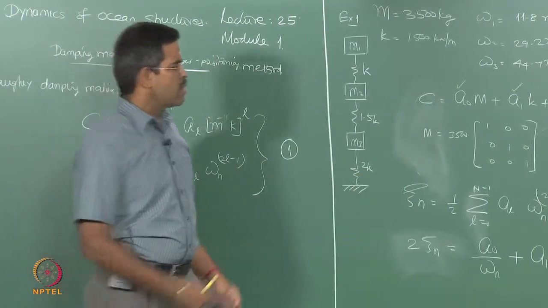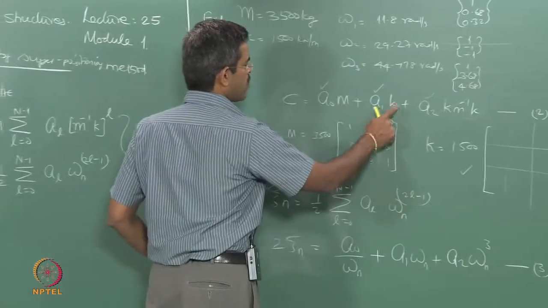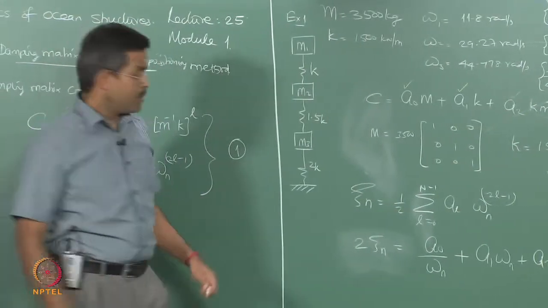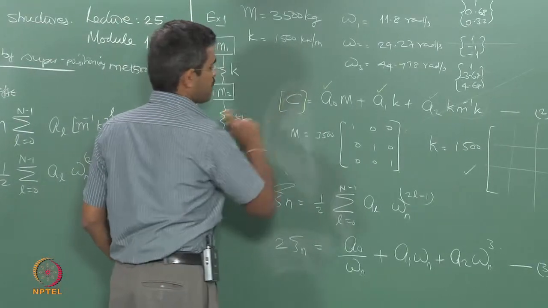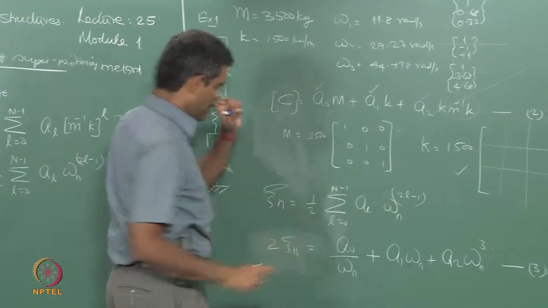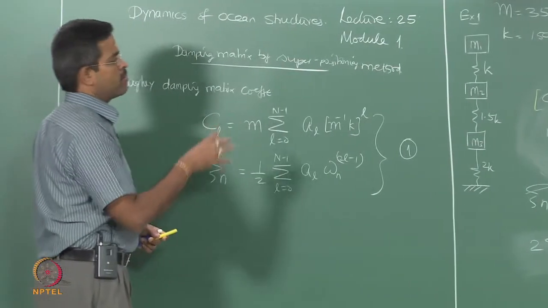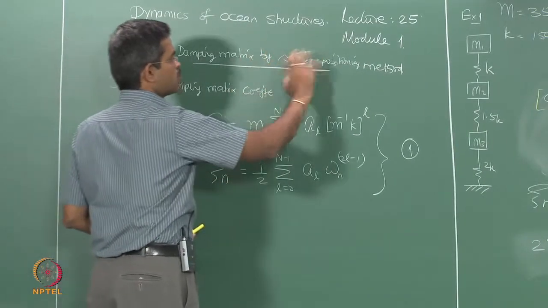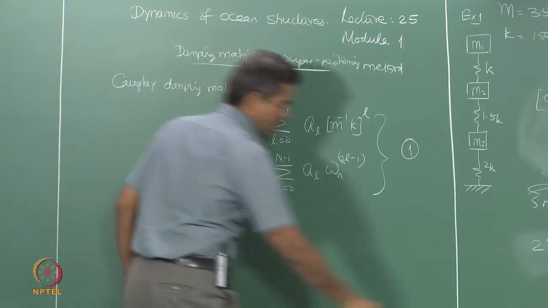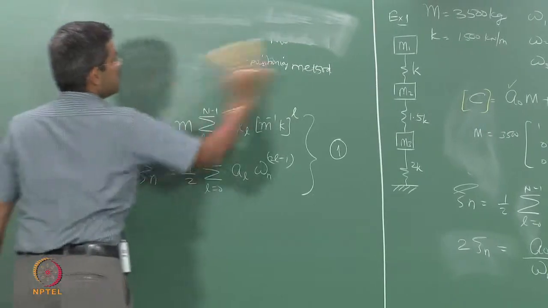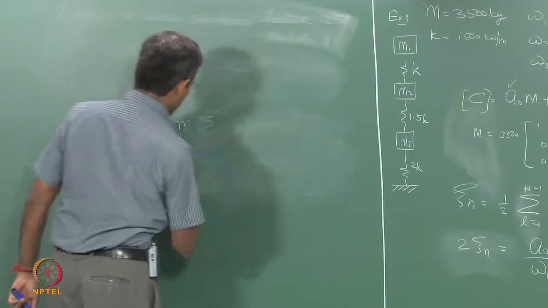Okay. So, now once you know these values, you know M, you know K, you can perform this as well. You can easily find the damping matrix which is required for this problem, which I am not working out. Now let us look at another method for the same problem, which I am going to do by modal superposition. I will retain the problem as it is, and only rub this part, because the example is going to be the same.